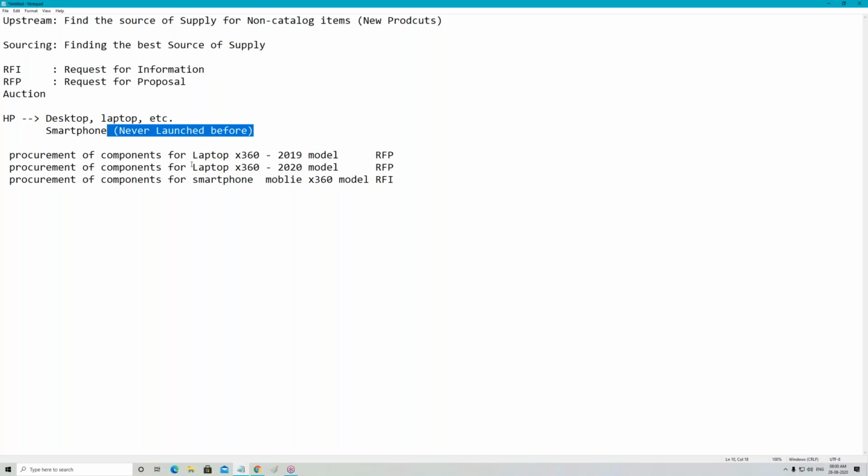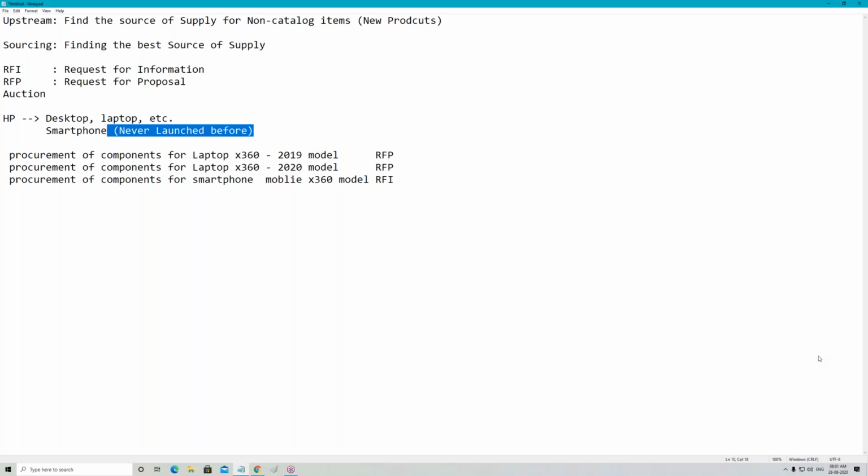Never launched before. That means Dell has never launched a smartphone before. This is the first time they are trying to launch a smartphone. So whenever they do the procurement for this smartphone, they will say, we understand that we should have specific different components over there, but there is a small issue. And what is that issue? That issue is we cannot use the same processor, same motherboard of the laptop within our smartphone. So we have to understand that different technology from our suppliers.